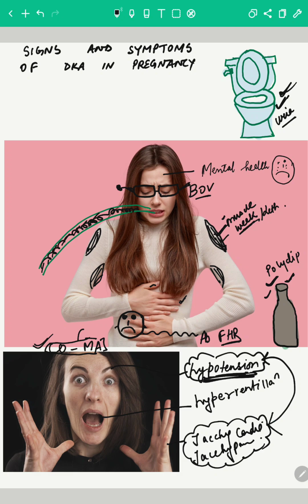So because we all know there is some sort of dehydration, so there is volume issues, so there will be hypotension and tachycardia and tachypnea. And this lady, look at her, she is hyperventilating, which is very characteristic for this problem, that is the Kussmaul's breathing. And if we look at her face, she's already in shock. She's looking so shocked. Instead of helping, she is